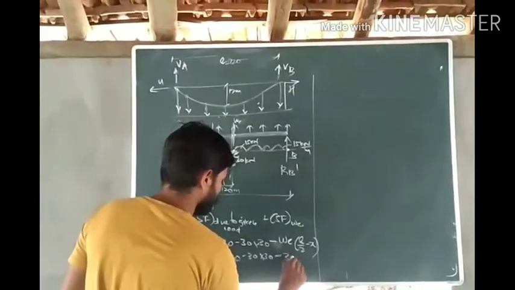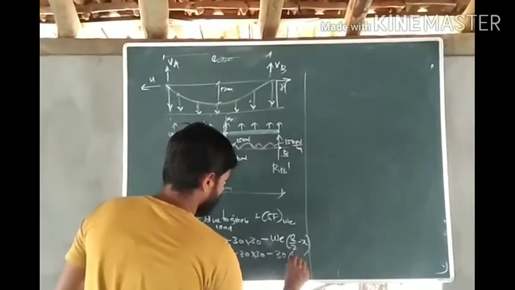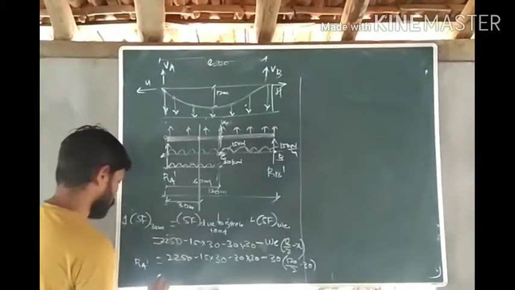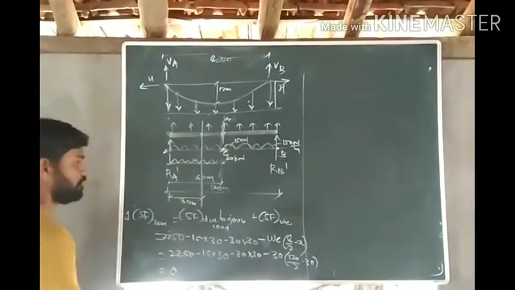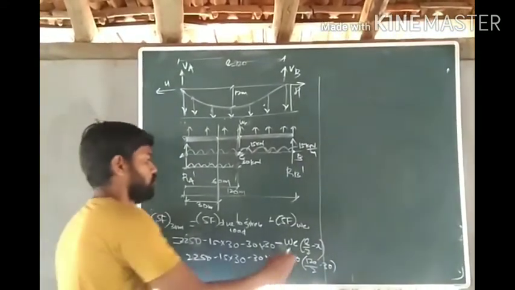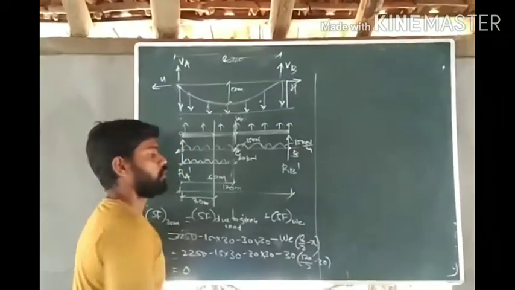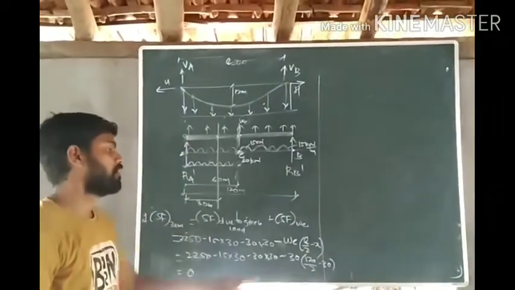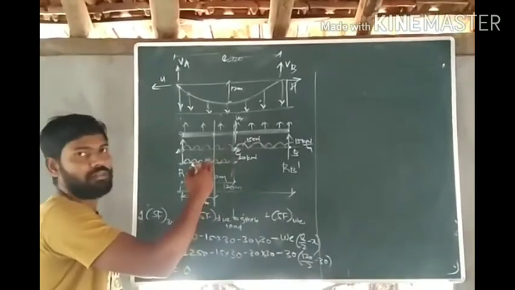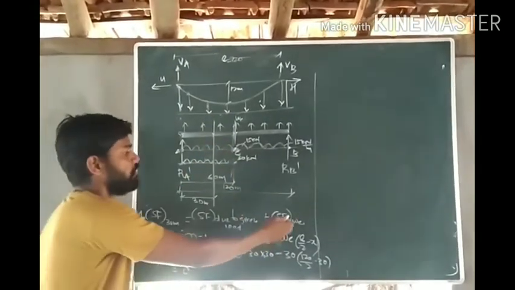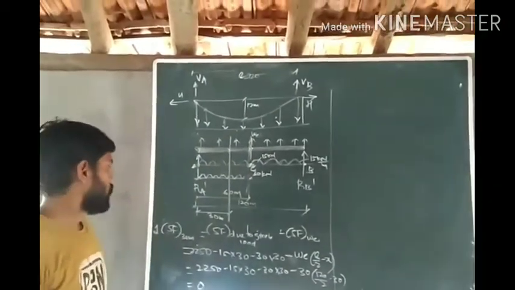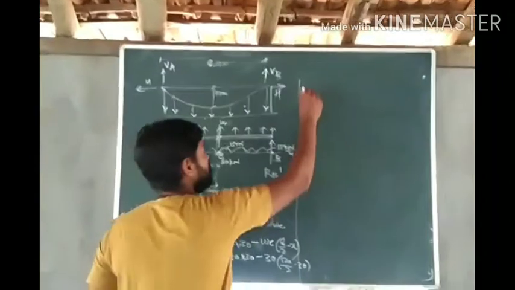So W is 30, L is 120 divided by 2, X is 30. Now this comes to 3. Okay. Now see, you should know this formula, you have to remember this formula. In case you forgot this formula, then you have to apply the principle of equilibrium and calculate the value of this shear force due to UDL. Okay. This is the shear force.